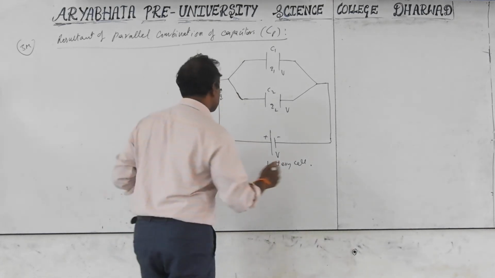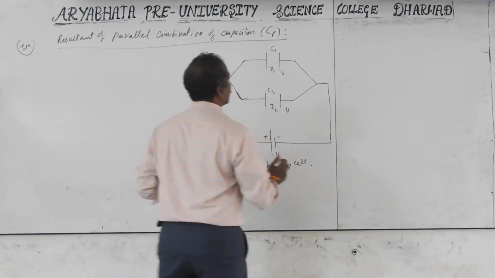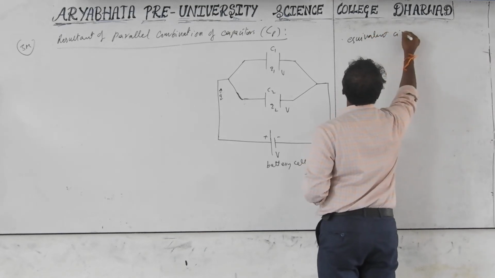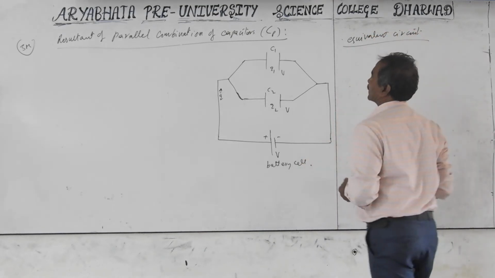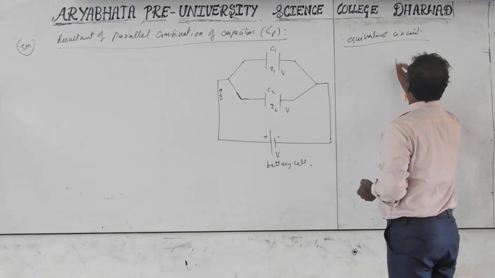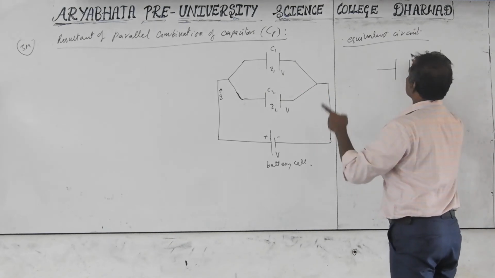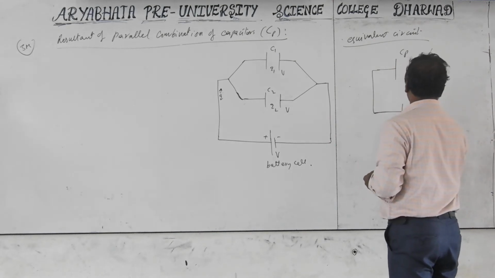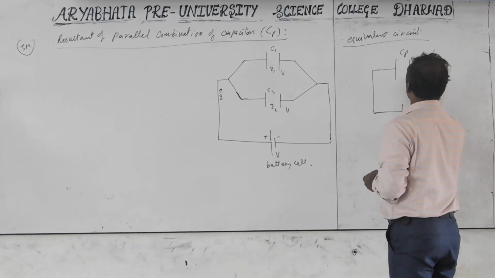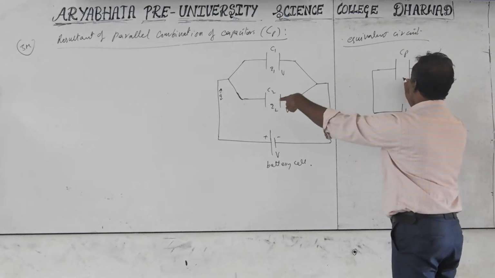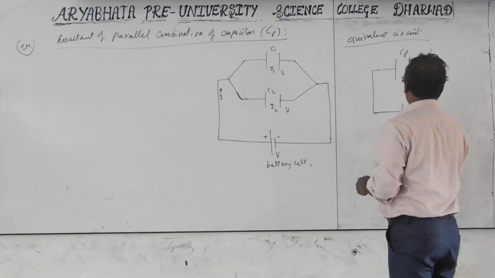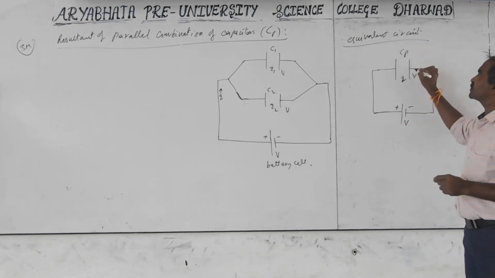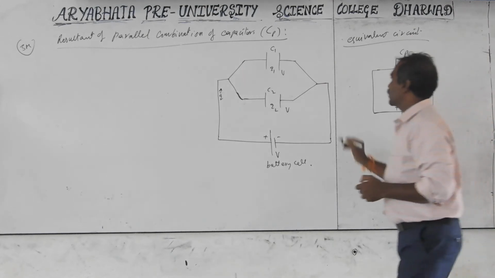Then we take the equivalent circuit. In the equivalent circuit diagram, instead of the two capacitors, we have a single capacitor, which we call the C parallel resultant. It is connected to the same battery to have the same potential difference V and the same total charge Q, not Q1 and Q2 separated. For the same battery and the same total charge, whatever capacitance you get is called the equivalent or resultant capacitance. You need to draw the two diagrams.